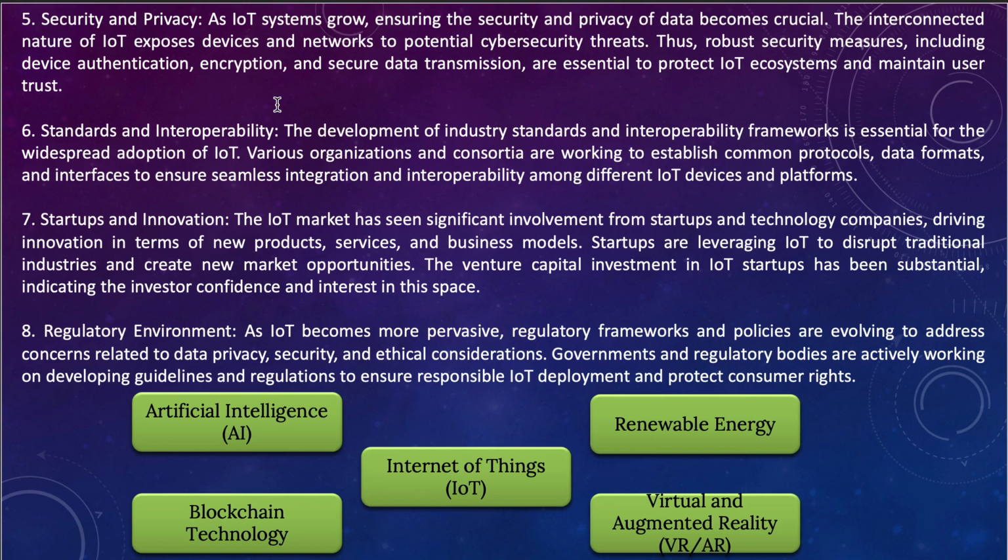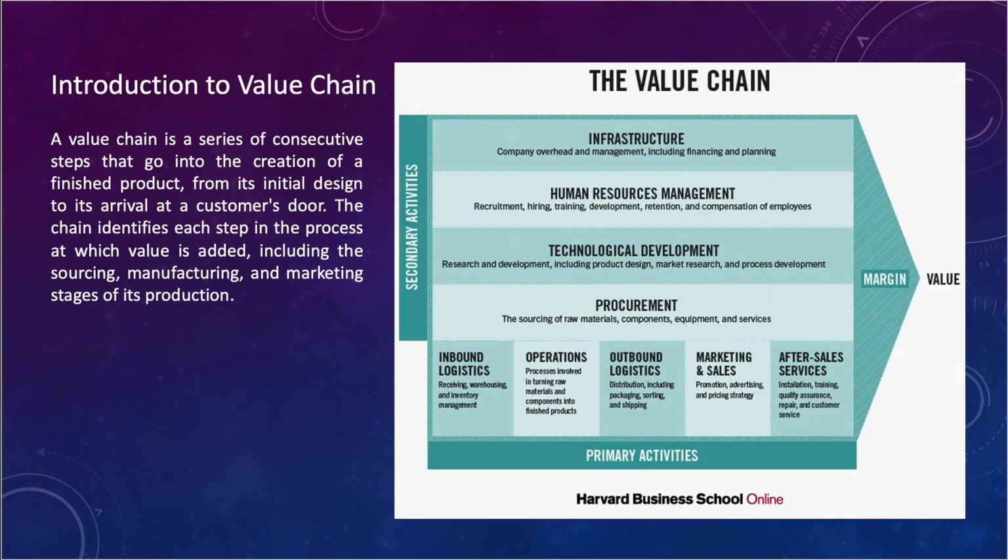The rest is the market perspective in general. Regulatory environments are maybe beyond the IoT industry's control, but we should adapt accordingly. Startup innovation, same situation. After that we will be going into checking value chains,